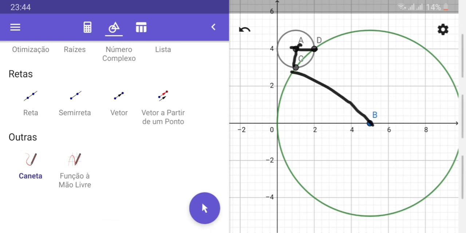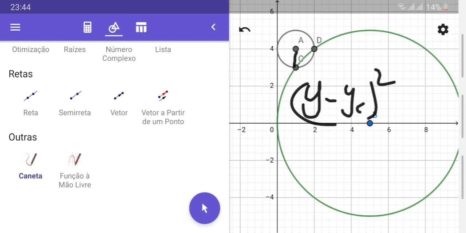So when we did this one over here, how did we do it? Well, now it seems simpler because we know that they have the same axes. So how did we do it? We did it first, y minus the y of the center squared, distance between two points, right? Plus x minus x of the center squared. We did this,